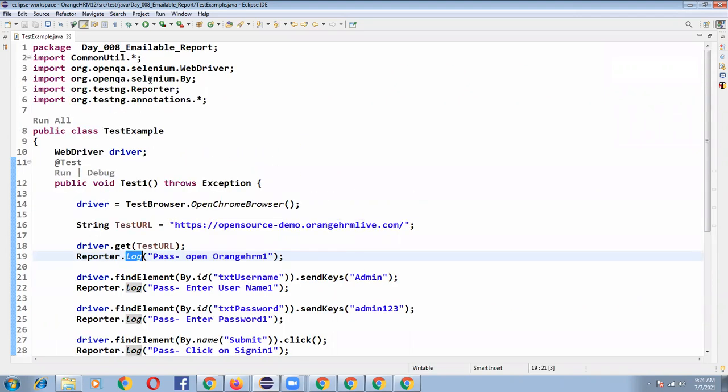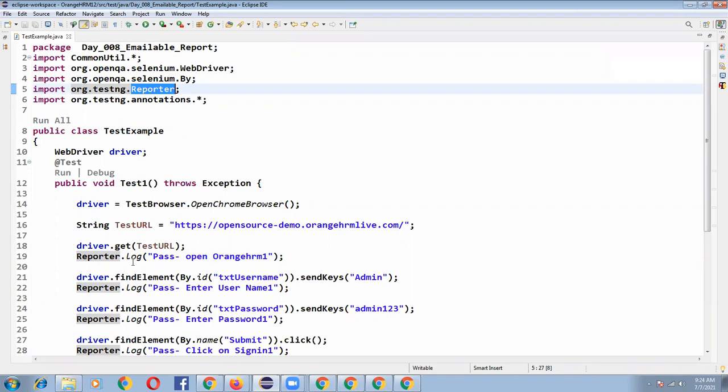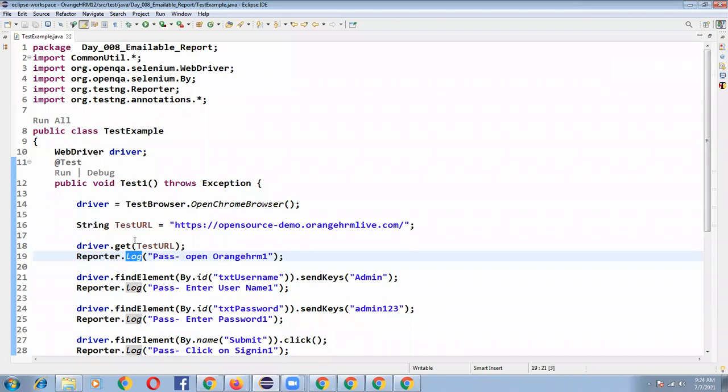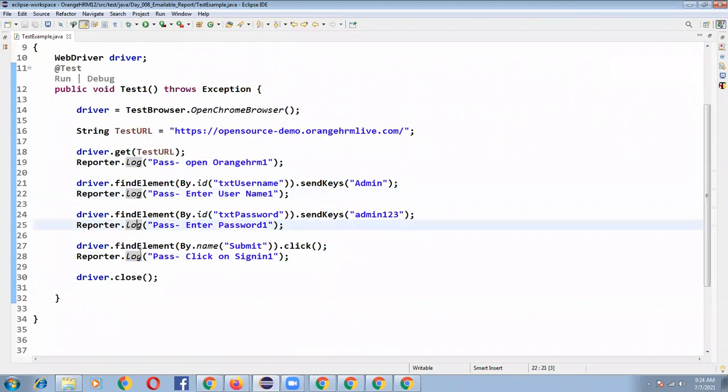The TestNG Reporter class we have imported, and I'm writing class name dot static method. If I create a Reporter object, R1 is equal to new Reporter, and call R1.log, then we can call it as a non-static method. But I'm not creating any object, I'm directly calling it. So Reporter.log is a predefined static method in the Reporter class. So what is the use of this Reporter.log statement?